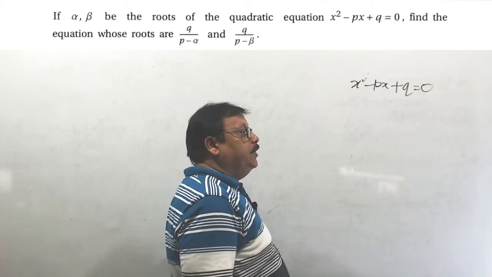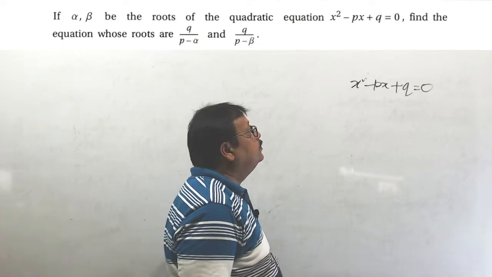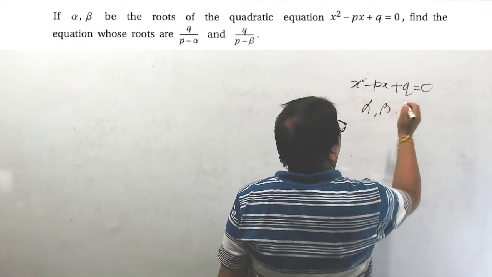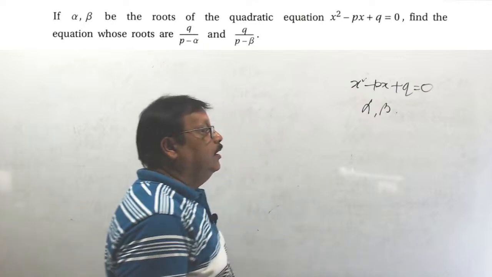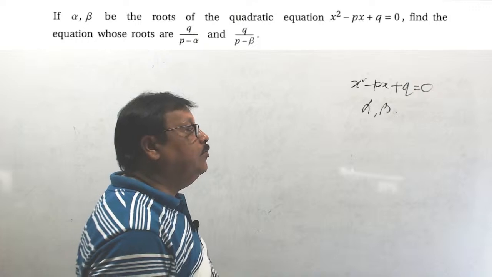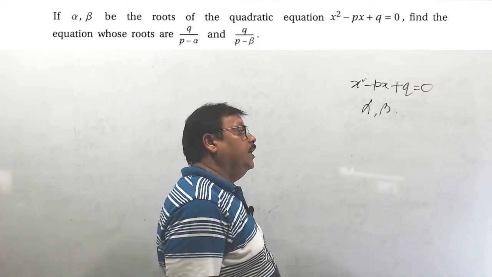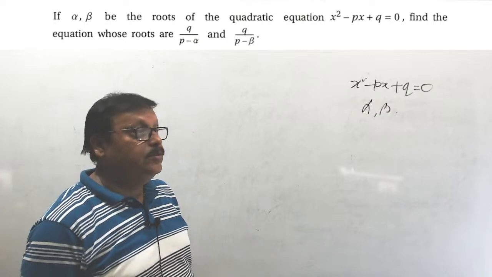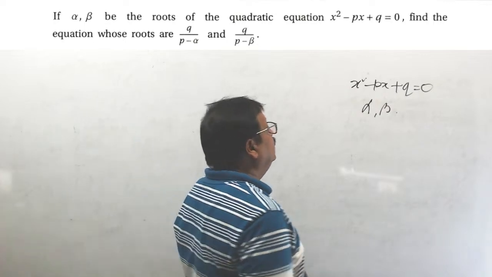x square minus px plus q equals 0. Alpha and beta be the roots of this equation. Find the equation whose roots are q by p minus alpha and q by p minus beta. Understood? That is,